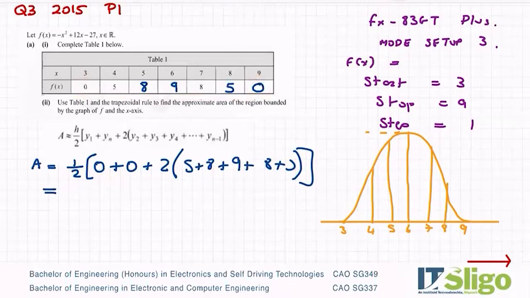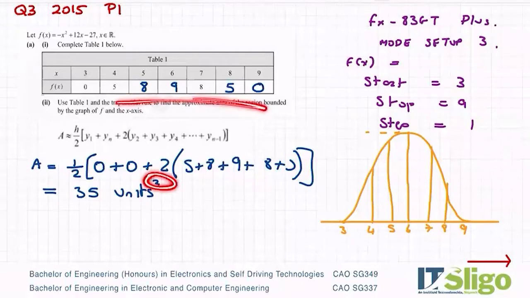No, I have to change my mode back to 1. And then so it's, I'm getting 35 for that. And I would say units squared, okay? We don't know what units it's measured in, but we know area is squared. So whatever units is, it's units squared. So that's the area of this function